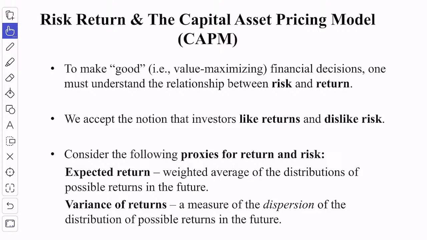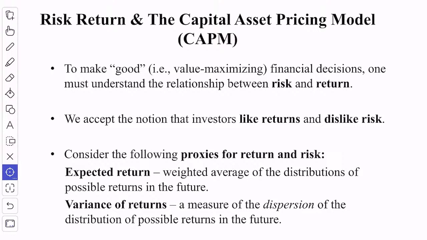Consider the following proxies for return and risk. We used the average return for return, but in this case I'm going to go to the ex-ante data, distributions, where I give you a distribution and we work with the parameters. So we're going to look at expected return as a weighted average of the distribution of the possible returns in the future, and we're going to calculate the variance as the measure of risk,